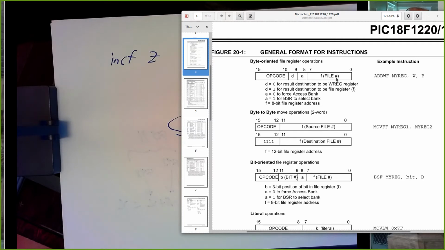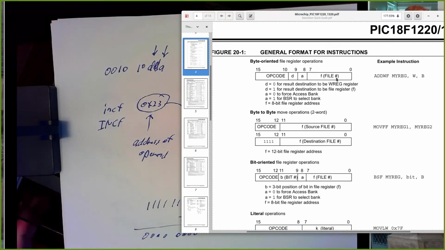Where exactly do the D and A bits go? Like, right next to the operand or right next to the operation? It depends on the instruction. But, you know, back in our first increment instruction,